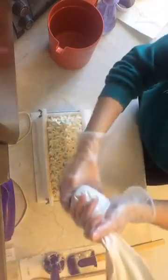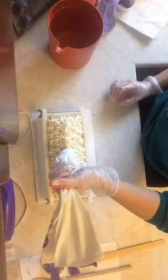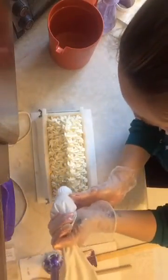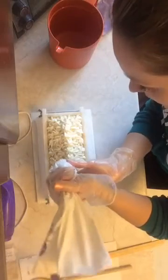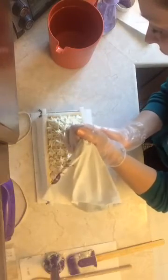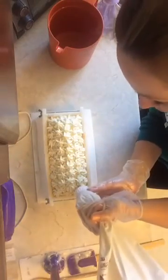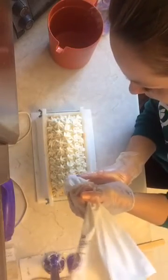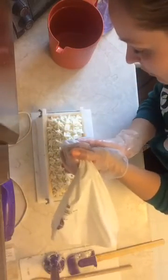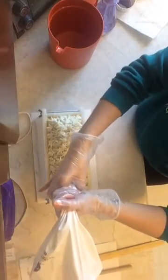Okay. So now, oops, I'm just going again to try and get it just a little bit higher. And this is when you're going to want to try and not be too rough with it, because you don't want to push down on it, right? So then I'm just going to build up onto the sides because I still have batter left over. And again, like I said, there's times where I don't have any and I'm trying to scrounge every last little bit to at least make the top, right? You want to at least try and make as much as you can. And to try and make it as even as possible is sometimes quite the... Okay, so my last one, I'm just going to...